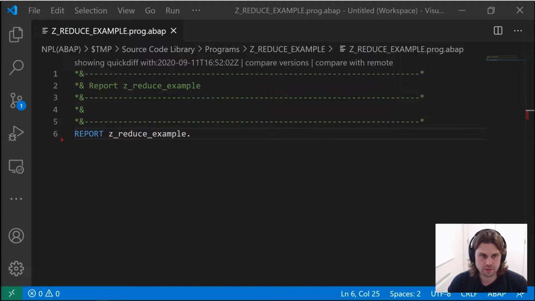Right, in today's video from the Advanced ABAP series, we're going to look at the reduce operator. More specifically, we're going to look at three examples which we've pulled directly out of the ABAP online documentation. And that includes a simple sum example where we're going to iterate or loop through a bunch of numbers and